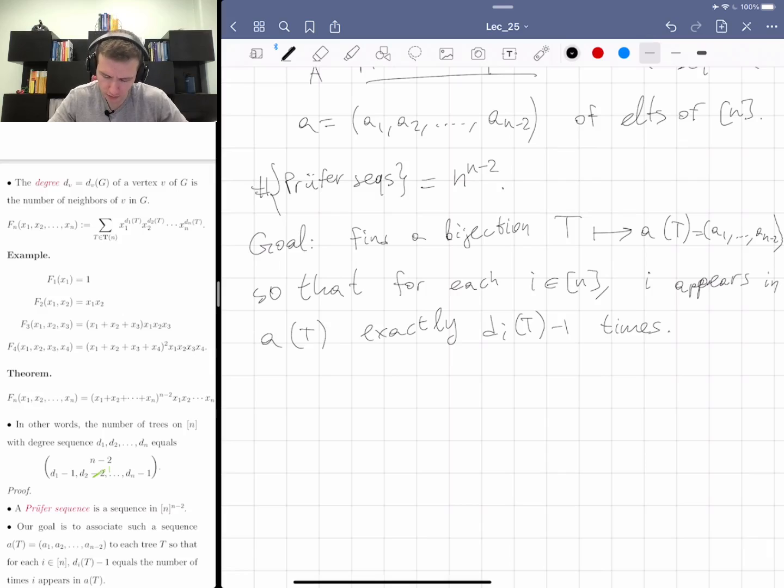So in particular, this explains the appearance of the